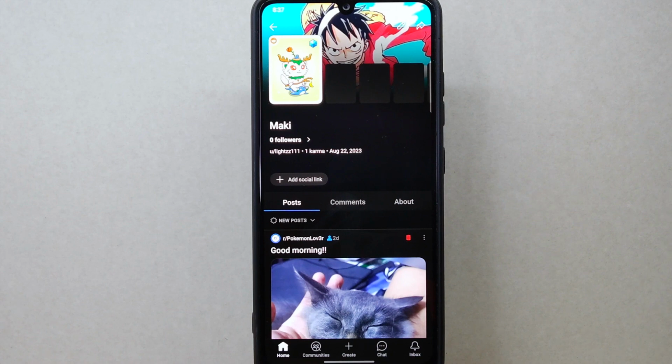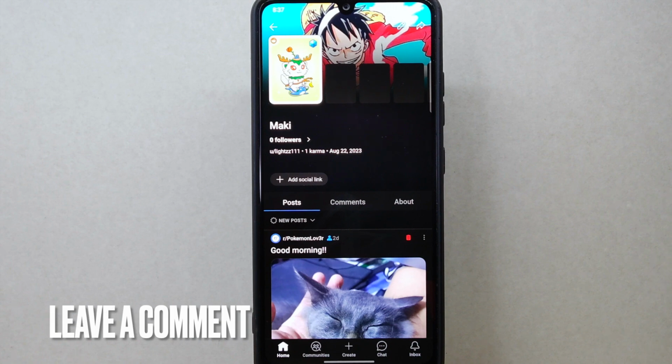If you wanted to know how to change display name on Reddit, that is the easiest way I know how. If you know another way to change display name on Reddit,